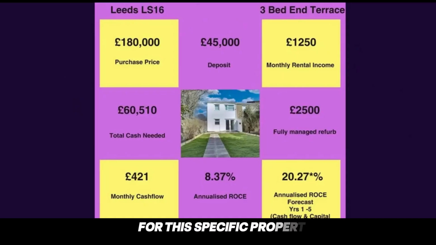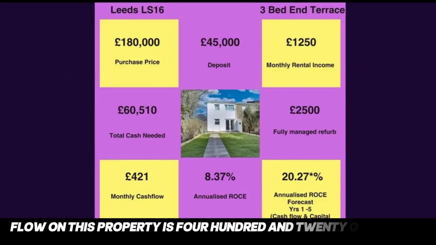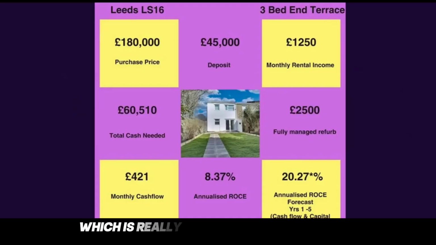For this specific property, I'm going to run through the numbers. The total cash needed from the investor was just over £60,000. The property was almost turnkey. We just needed to fix up the garden a little bit and put some paint here and there. So the fully managed refurb was about £2,500. The monthly cash flow on this property is £421, which is really good for Yorkshire because the average is about